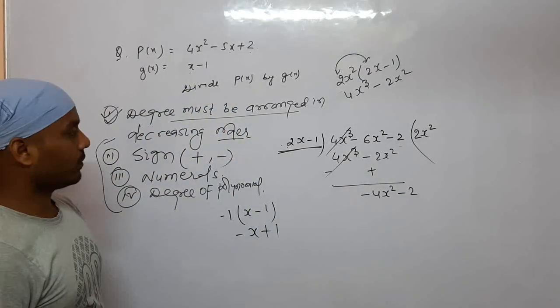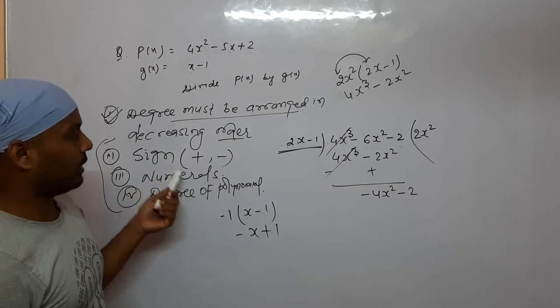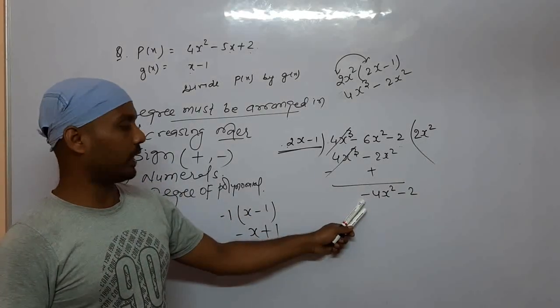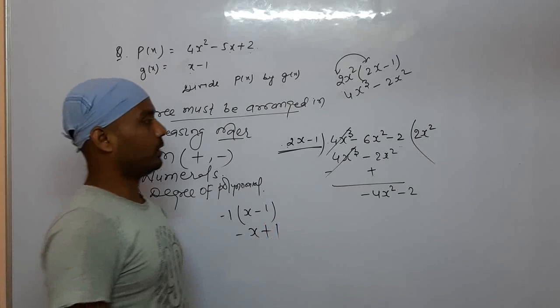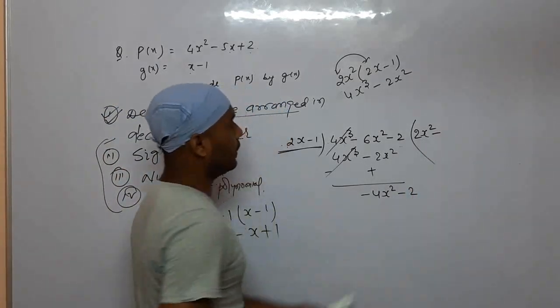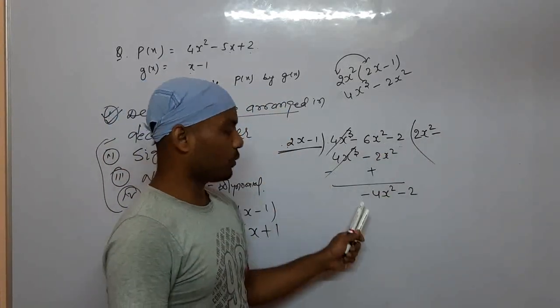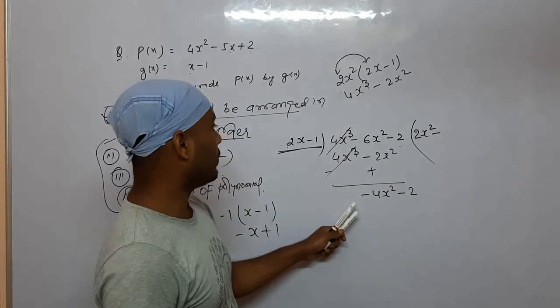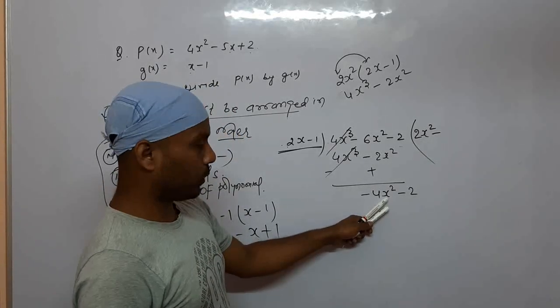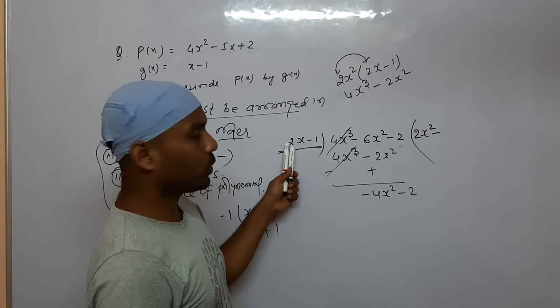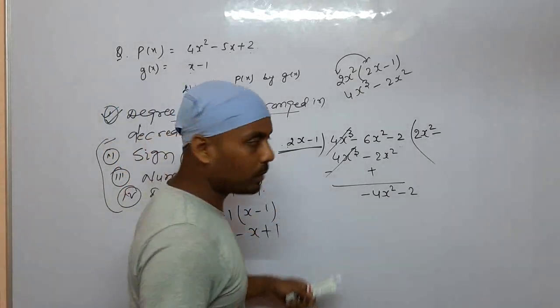Okay? Now again, same sign. The sign is here negative, here positive. Then you will get negative over here. Then the negative into positive will get negative. Okay? Minus 4x square. 4. Here's your 2. The 2 times 4.